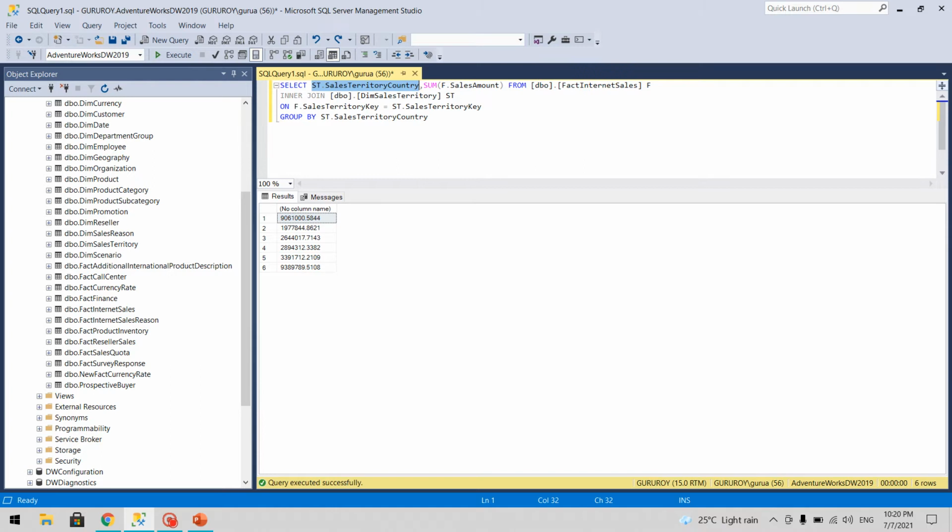Similarly, along with sum, you can use other aggregate functions also. Let's say average sales amount, and you can see the average gets created. Now this average is based on all the rows.